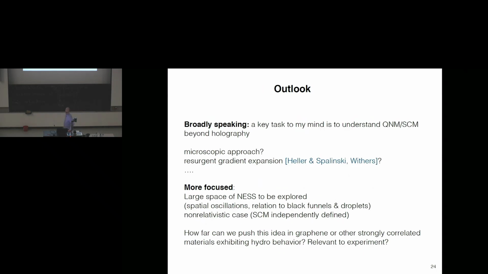So what might you want to do? Well, one thing, and this is a little bit of just a personal opinion, I think it would be very interesting to understand, in particular, quasi-normal modes and these spatial collective modes beyond holography. So is there some microscopic approach, for example, in graphene? Or might you be able to access them using some sort of resurgent approach? That would be really interesting because that would generalize these phase transitions that we have here observed holographically, actually beyond holography. So, all right, I think I'll leave it here because I'm kind of running out of time. Thank you.